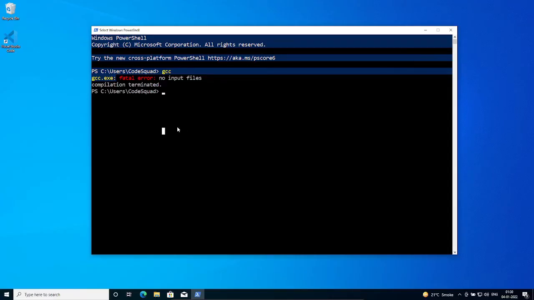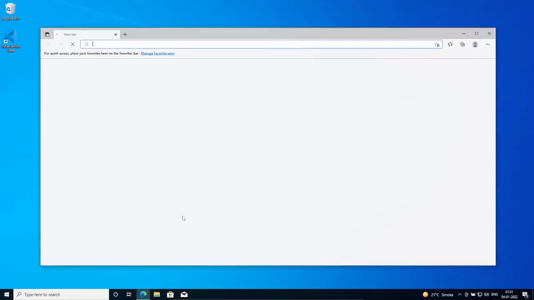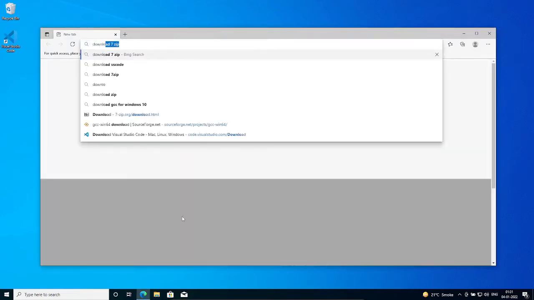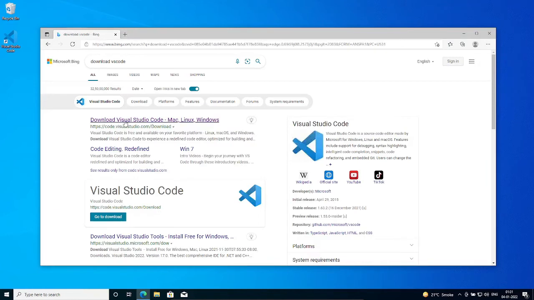Beautiful. Now how do we write our C code? Because obviously we cannot type in here. We could, but we're not going to do that. And obviously we're not going to use Code::Blocks or anything. We will use what is known as VS Code, Visual Studio Code. And to download this, you need to go to your browser, just type in download VS Code, hit enter, and you will go to this first link here,